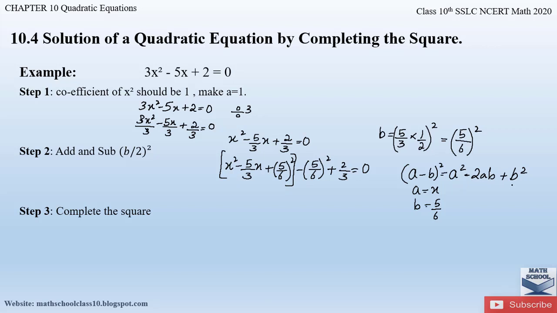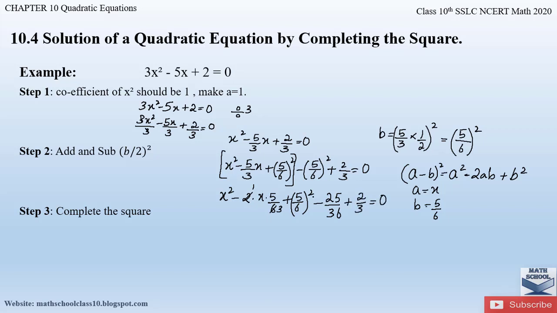So let us write down the a square minus 2ab plus b square formula. First term is x square minus 2 into the a term, which is x, into the b term, 5 by 6, plus b square, that is 5 by 6 the whole square. So this is of the form a minus b the whole square, right? If you cancel 2 with 2 3s, you get 5 by 3x. This is what you have got here. So this is of the form a minus b the whole square minus, now let us open the brackets by squaring this term. 5 5s are 25 divided by 6 6s are 36, plus 2 by 3